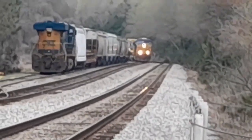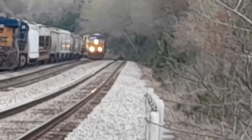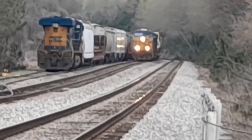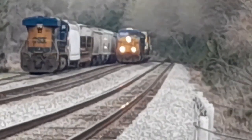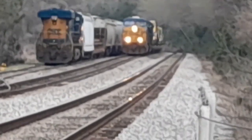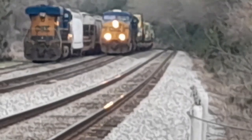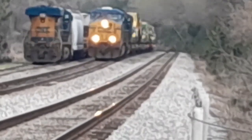Sounds like the Abbeville switcher cranked up. Coming down the siding. I can't tell what it's got on it. Looks like it might be track equipment. I see a bunch of yellow stuff. Looks like a bunch of cabs and stuff, like it might be ballast regulators and stuff. I don't know, it might be a military train, but